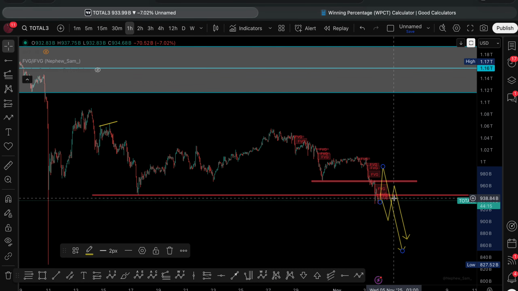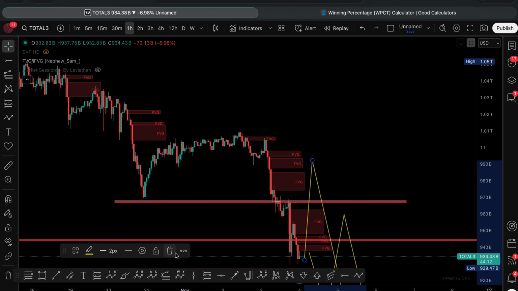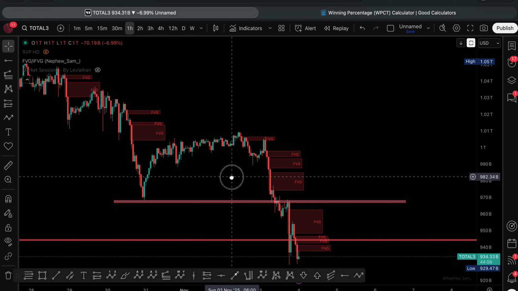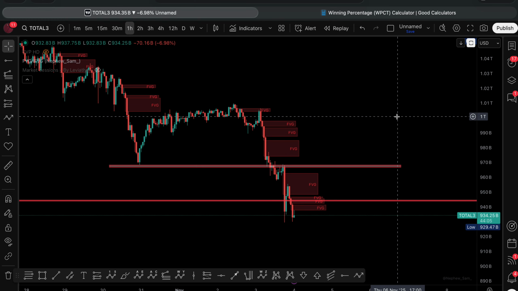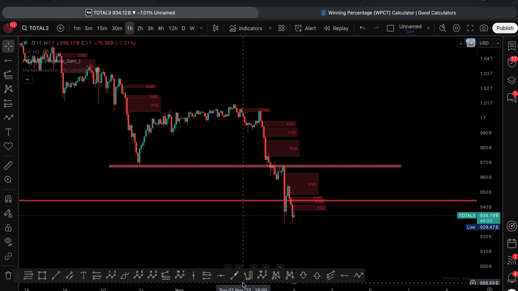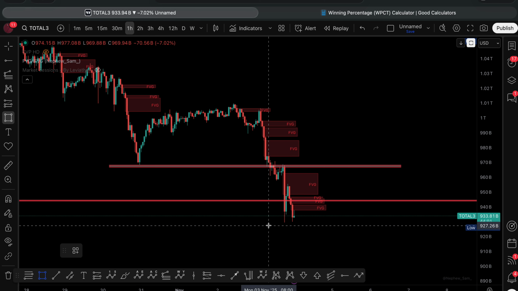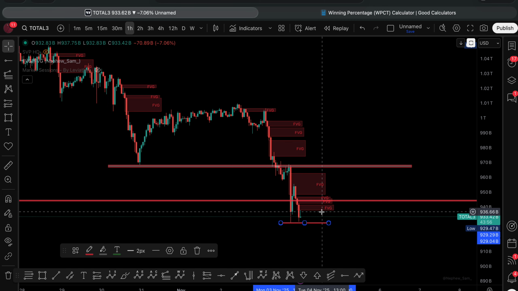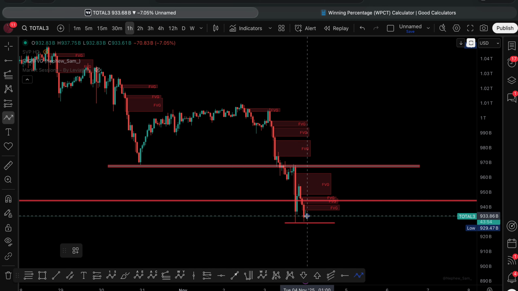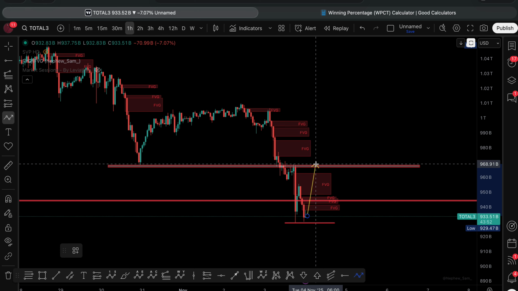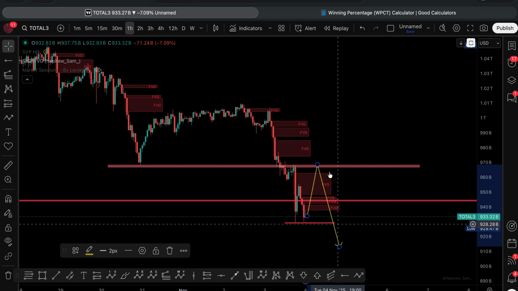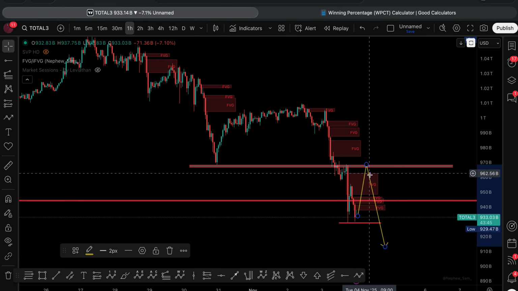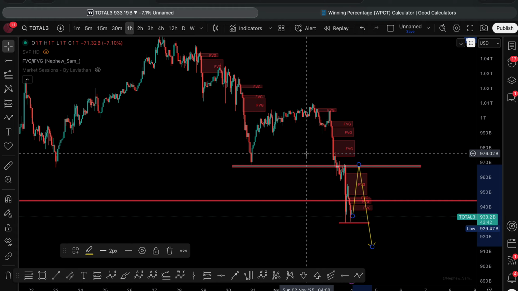I don't see a possibility of a bounce unless what we see right now, just right now as I'm making this video, do you see this? Oh my god, I've forgotten my tools. So this looks like a double bottom here, right? So we might just start seeing price recover a little bit. It might drop from here or somewhere up there. So far I only see a little bit of upside and continuation to the downside.